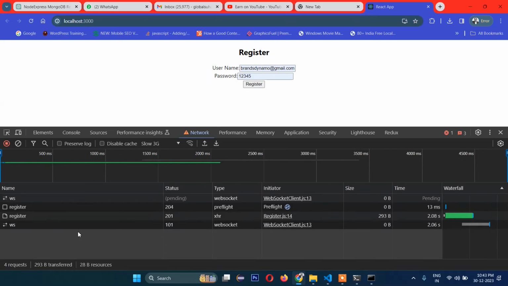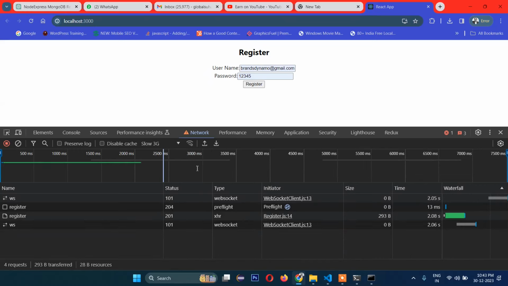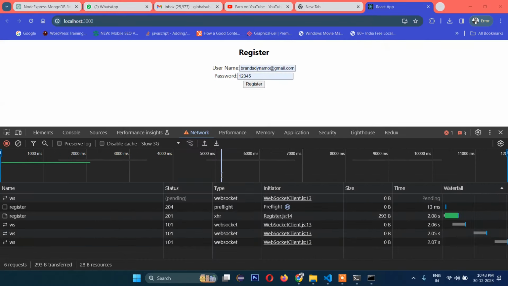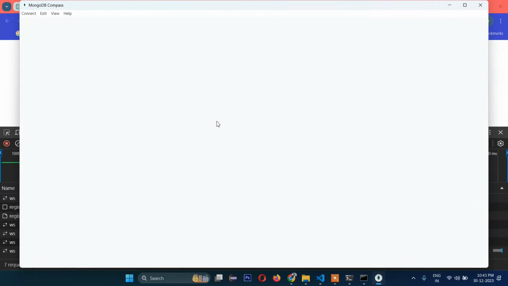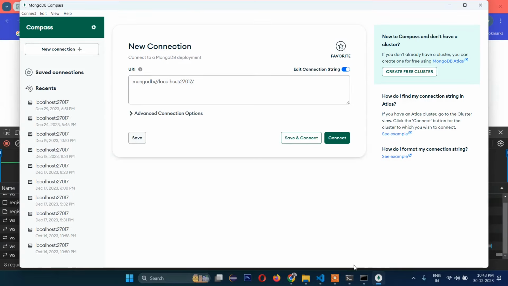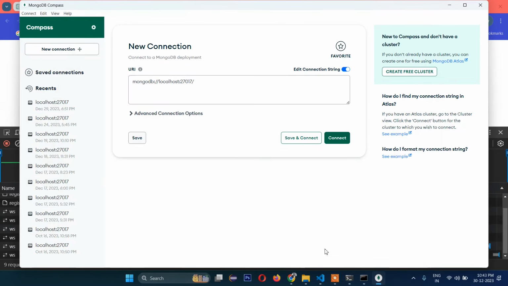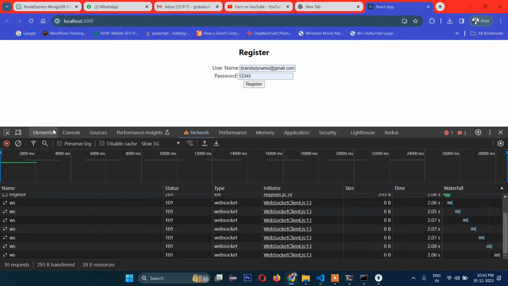So how we will check that? Let's go to MongoDB and check if the registration is successfully done or not. We could have checked here also. Registered successfully, you can see,